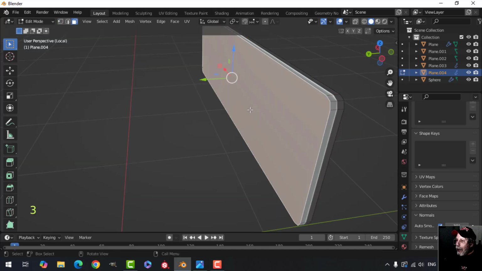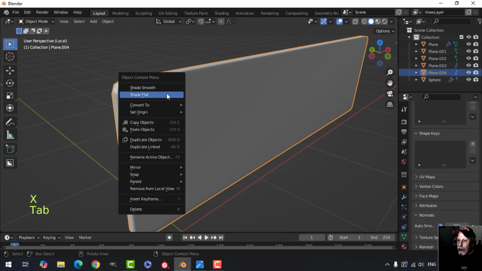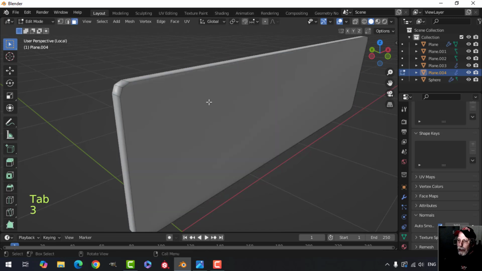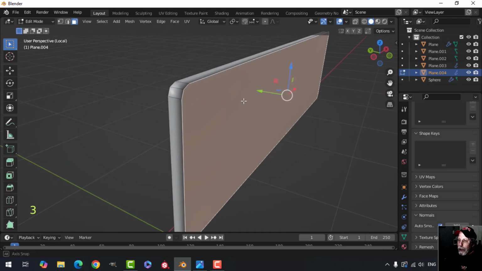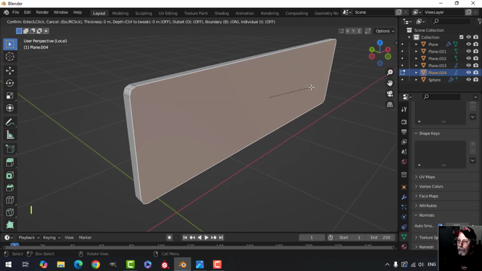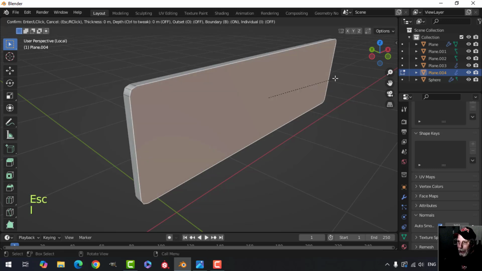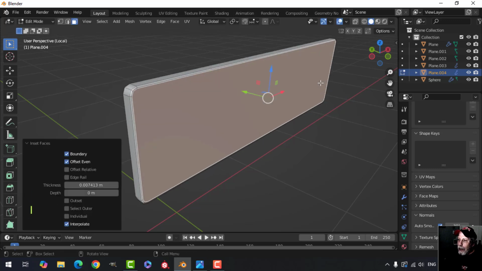Let's get rid of the back, and that'll fix up some of the shading for us. We can even shade flat for now. Select this face here. I want to create another inset, but I can't go very far. My vertices are going to start to cross. So what you can do is I to inset, pull it in a bit, and then we can do S